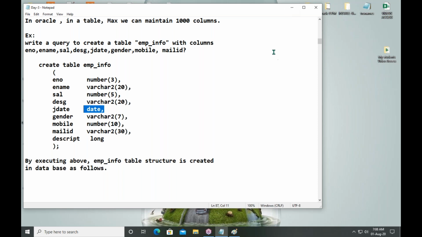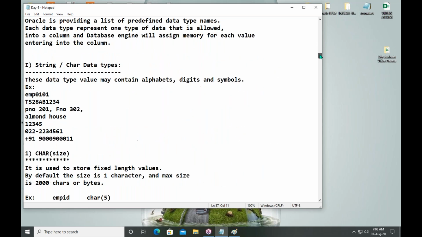So in the world, we have only 4 types of data. To represent each type of data, to represent character data, number data, date data, and binary data, Oracle is providing a set of data type names.